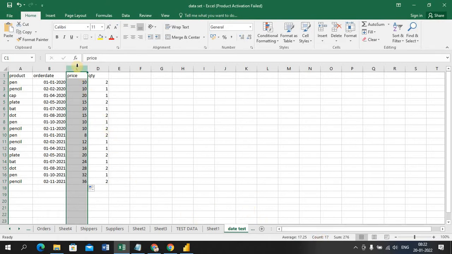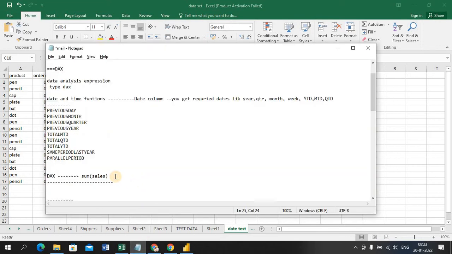This is nothing but an expression. With the expression I am getting some value, the total value I am getting. If I do some count, max, something like that, that is nothing but an expression. The action you are performing on this column with any math function or statistical function is nothing but an expression, because based on your expression you get the value. So the action happening here, and here the filter.